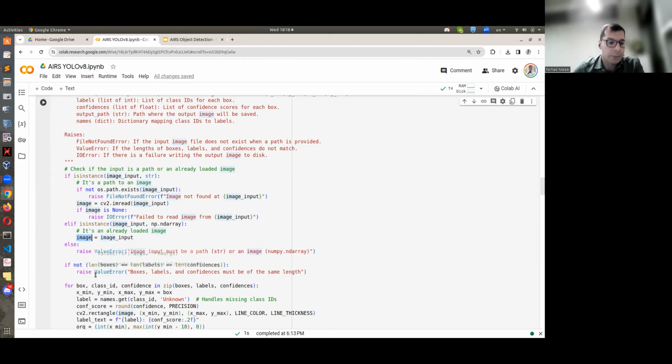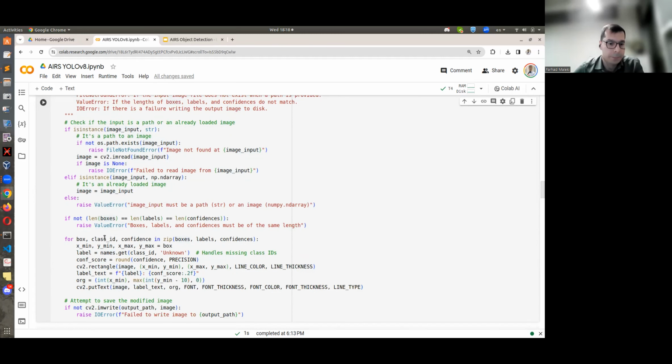Each box should have one label and one confidence score. This means that the len of these should be equal. So I go through all of these boxes one by one. Look at this as a prediction made for one image. Each box, each class ID and confidence level are synced together. The first box has the first class ID and the first confidence score.